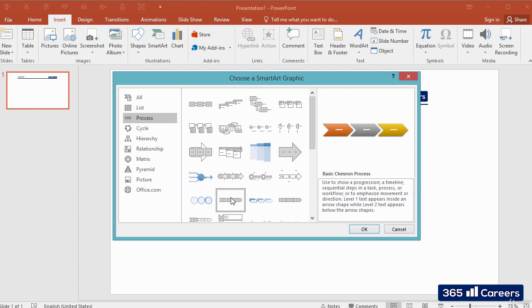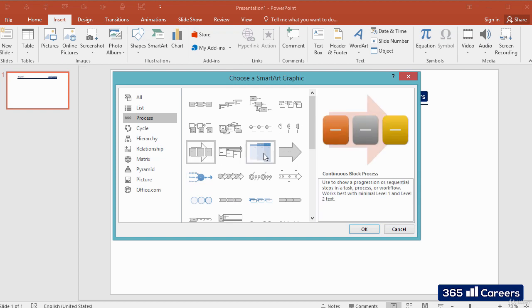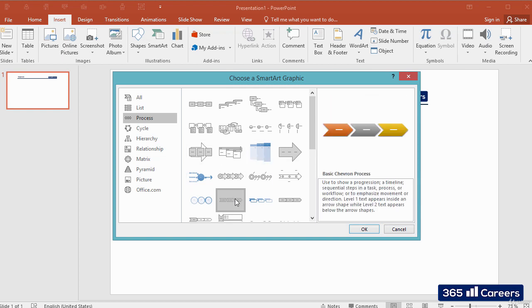Most of the text and other content, including colors, styles, effects, and text formatting, are automatically carried over to the new layout. In this example, we will select a type of SmartArt graphic called